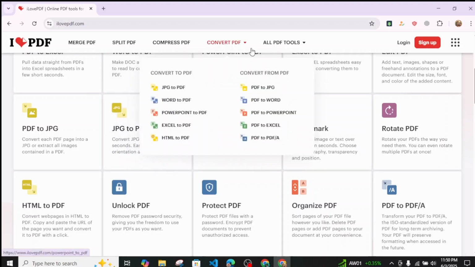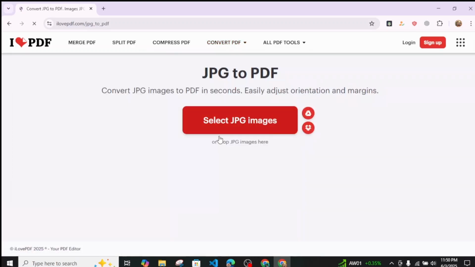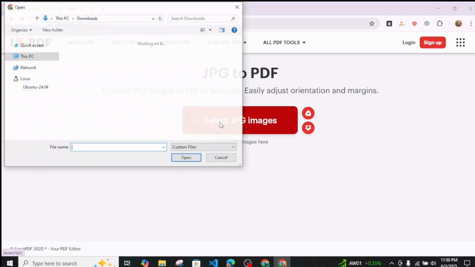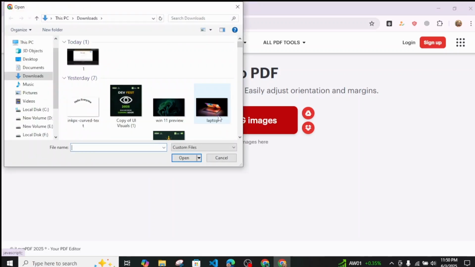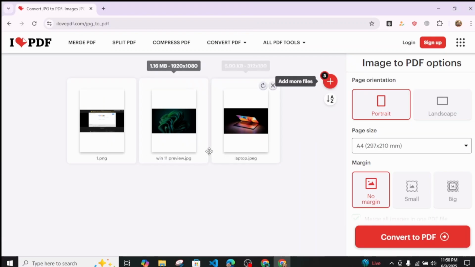to PDF. If you do not have JPG to PDF already selected, you can always convert your PNG files to JPG using a different website. You can also click on this website from over here as well and just click on this JPG images. I will simply select, for this example, one or two images just like this. Let's say I want to select these three images, one, two, and this one, three, and simply open the